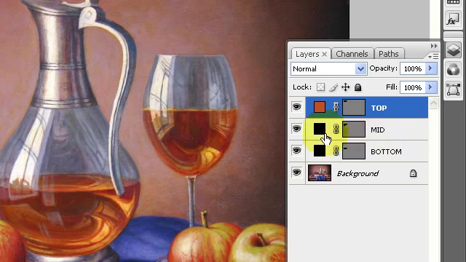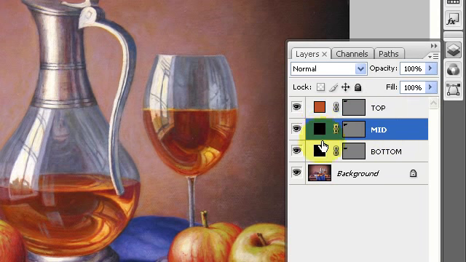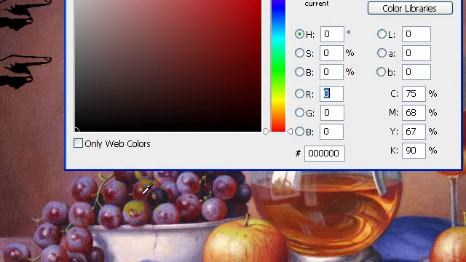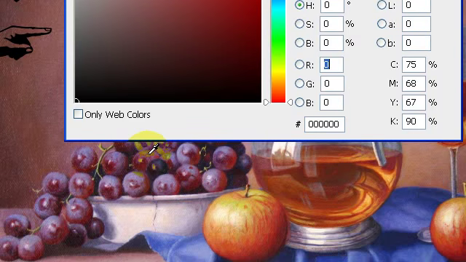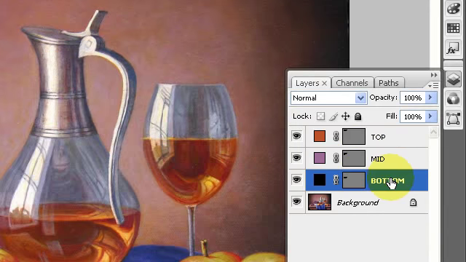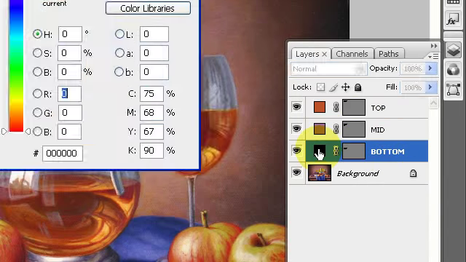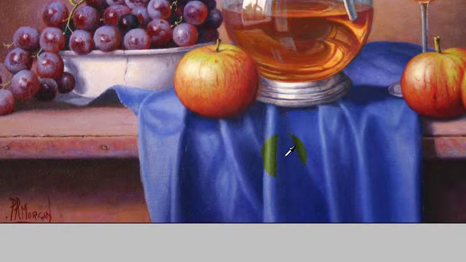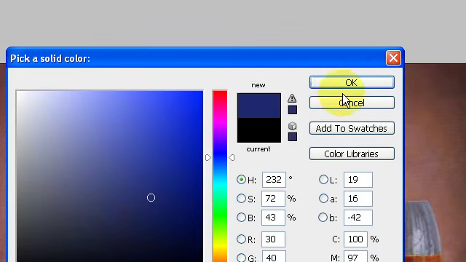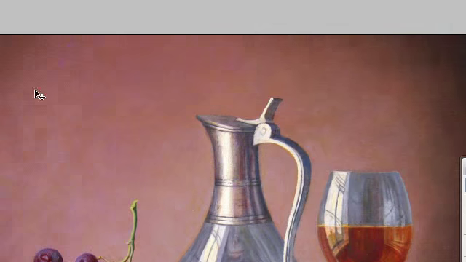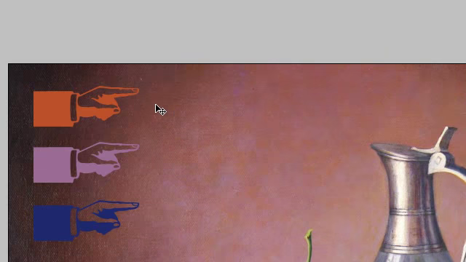Then for the shape in the middle, I want to double click on that little sample. This time I'll try to get one of the purple tones right there, which I got. Click OK. And then the last one, we'll click on the bottom layer and do the same thing again. Maybe get one of the reds out of the apple, or actually maybe one of the blue colors, so I have some more variation there. Then click OK. So now I've got my 3 samples,